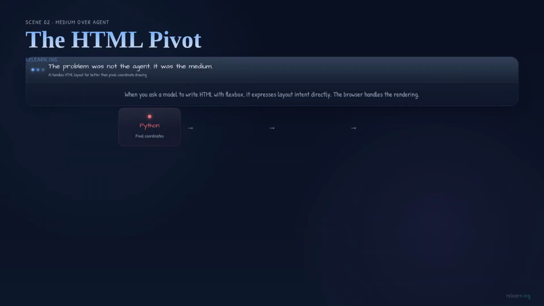The first insight came fast. The problem was not the agent, it was the medium. AI handles HTML and CSS layout composition far better than pixel coordinate drawing. When you ask a model to place text at x equals 120, y equals 340, it is guessing at font metrics and wrapping behavior. When you ask it to write HTML with Flexbox and semantic classes, it expresses layout intent